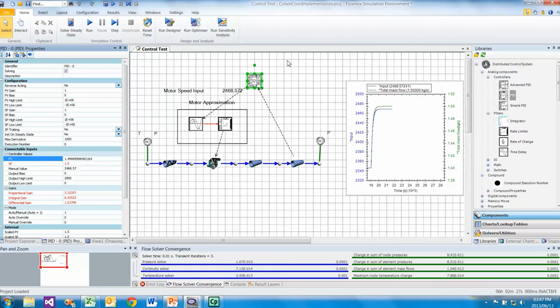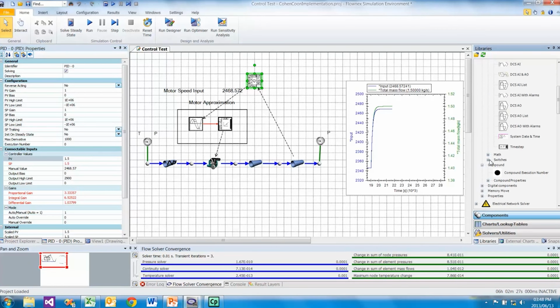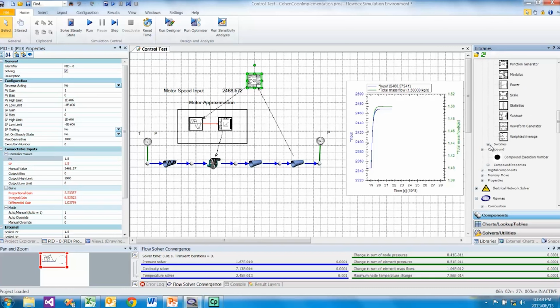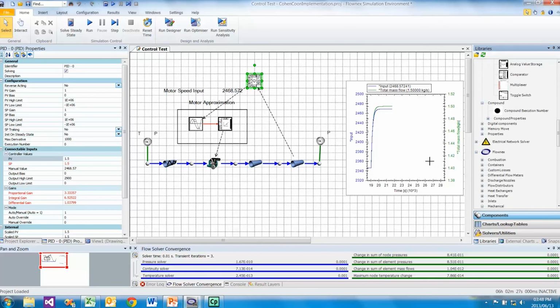Then entering these P, I, and D constants into your PID controller gives you the ability to evaluate the effectiveness of your control strategy on your system. The Flownex control system library consists of many other powerful control components that you can use to prototype your specific control strategy.